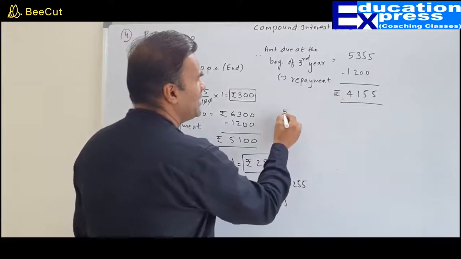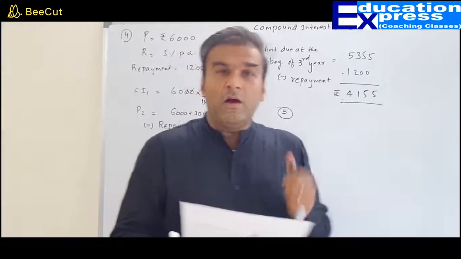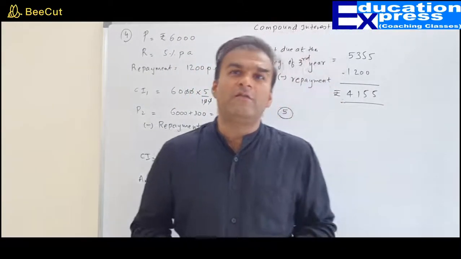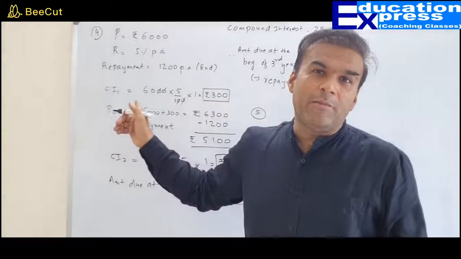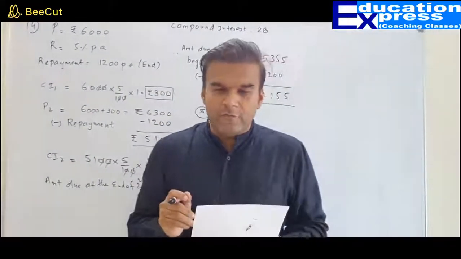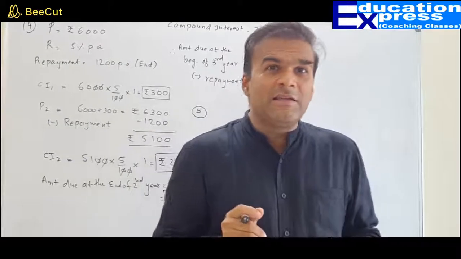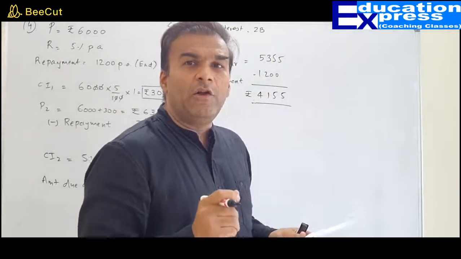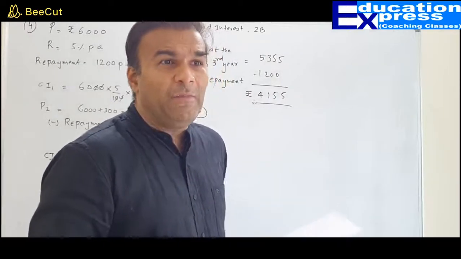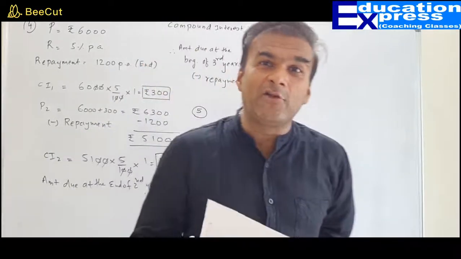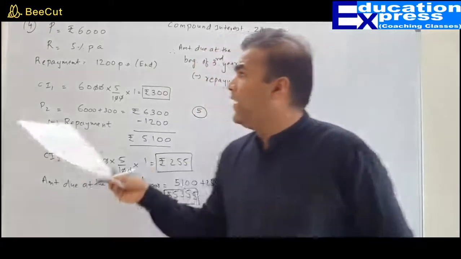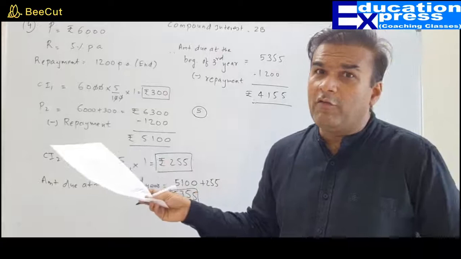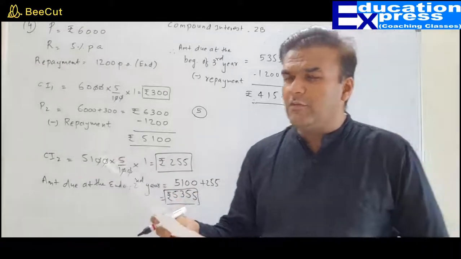Let us move on to the next question. On that note, if you notice, question number 5 is exactly of the same type. But in question number 5, they want us to calculate the amount at the end of third year. That means we will have 3 such calculations. Right now we had only 2 calculations because we wanted to find out the amount at the beginning of third year. Let us see question number 5.